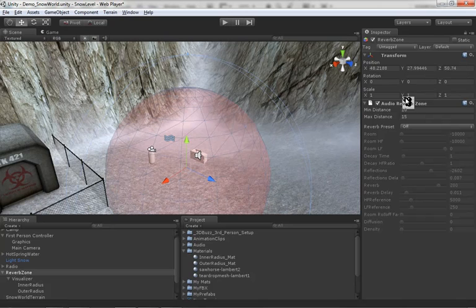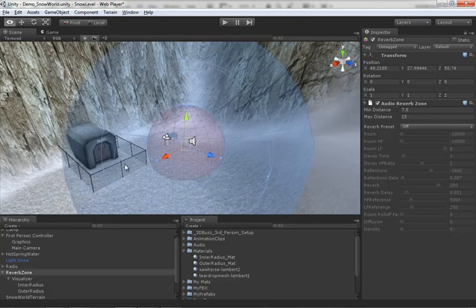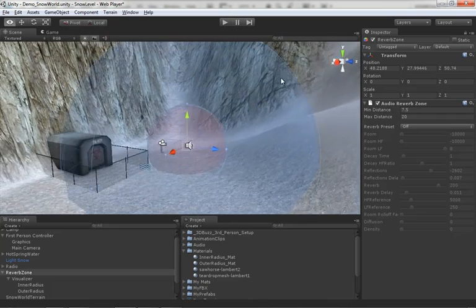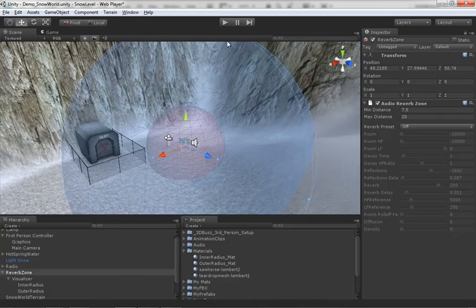Now, min distance and max distance allow us to control at what level the reverb is going to start to fall off and then completely disappear. So what we're going to do is line this up with our visualizers. We're going to take the min distance and set it to 7.5, and you'll see that that hugs nicely to our little red sphere. And we'll take our max distance and we'll set this to 20, and that lines up with our blue sphere. So now if we hit play and we listen to our beep,